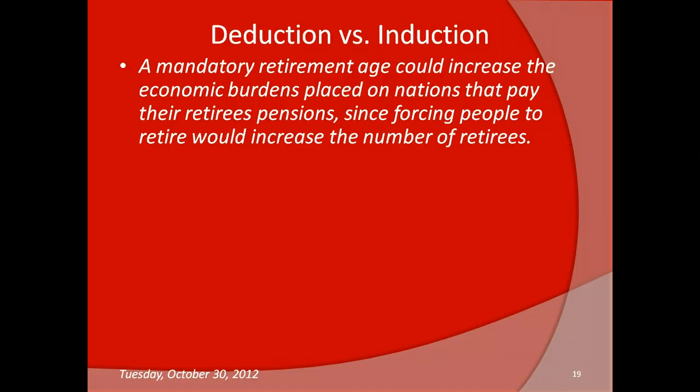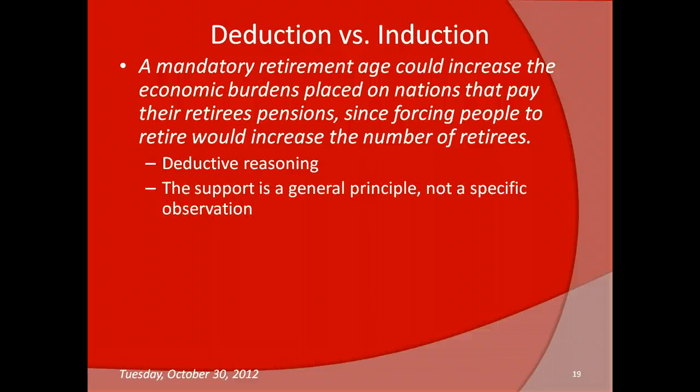Let's try this. A mandatory retirement age could increase the economic burdens placed on nations that pay their retirees pensions, since forcing people to retire would increase the number of retirees. This one's also deductive. Again, there's no observable data. I'm relying on just general principles, principles of economics here. The support that I use to prove my claim is a general principle, not a specific